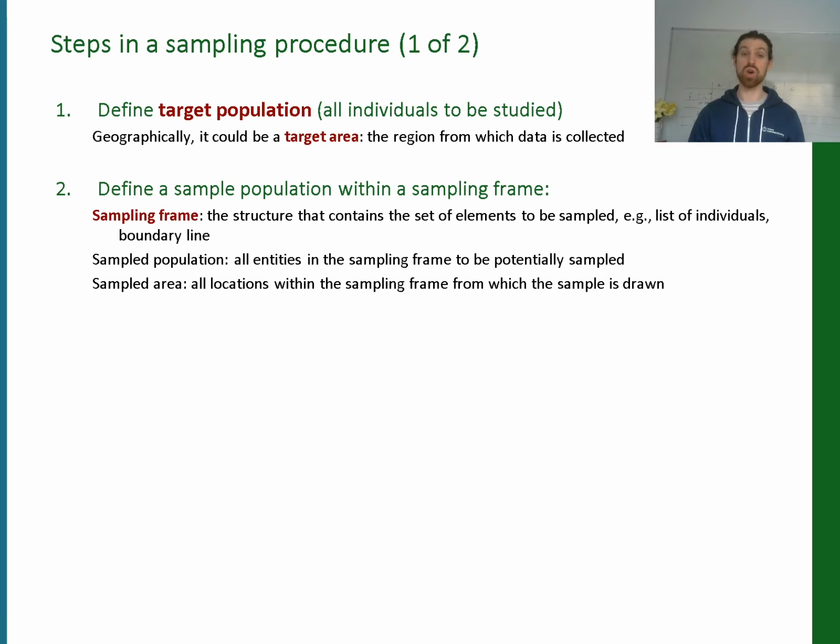So for example, if I told you we wanted to go out and derive the potential property prices in Fairfax, the city of Fairfax, then your target population is going to be all of those real estate buildings, either houses or commercial, that exist within the Fairfax city boundary. Okay, so this is how we would define the target population. Geographically, that's really easy,